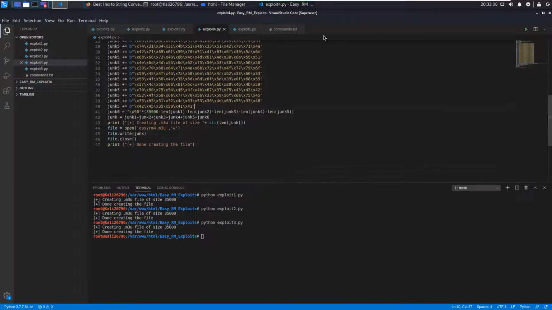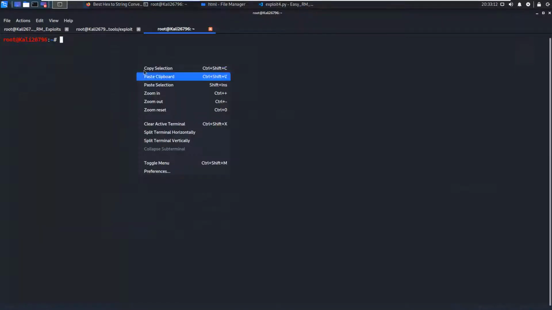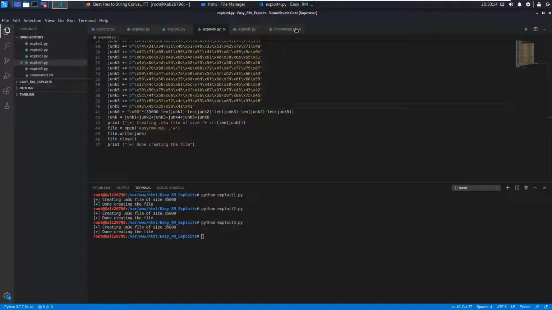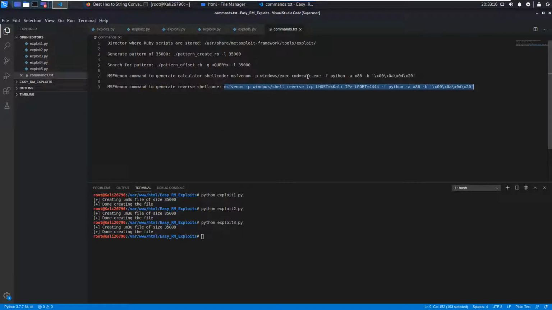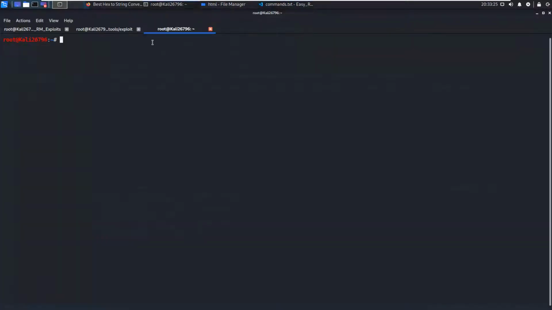This shellcode has been generated with the help of MSFvenom. The command that allows us to generate this calculator shellcode is this. Let me copy it and show you. Basically what I'm telling MSFvenom is to select the platform Windows.